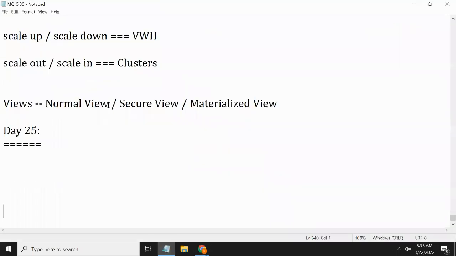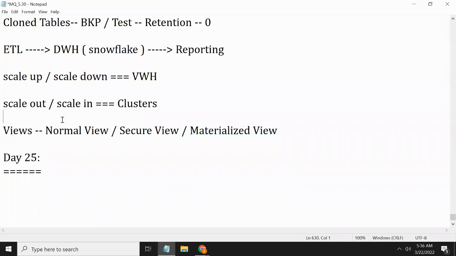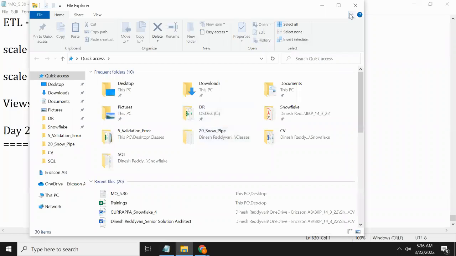Okay, guys. In the last session, we saw how to work with views and materialized views, and what the difference is. We saw that, right? So now today, what we'll discuss is